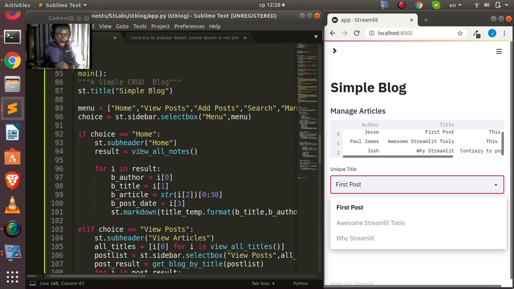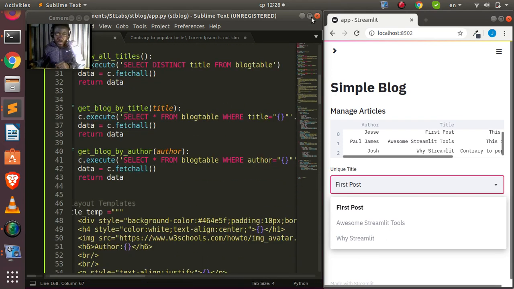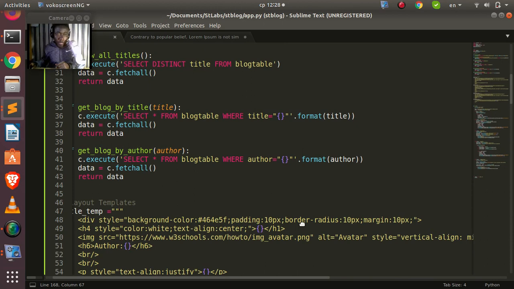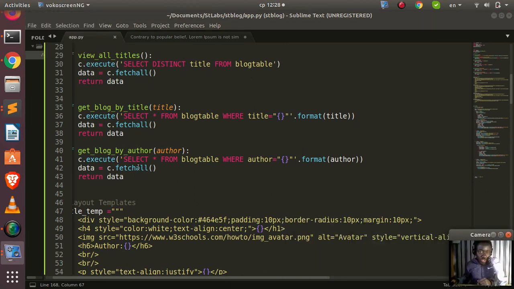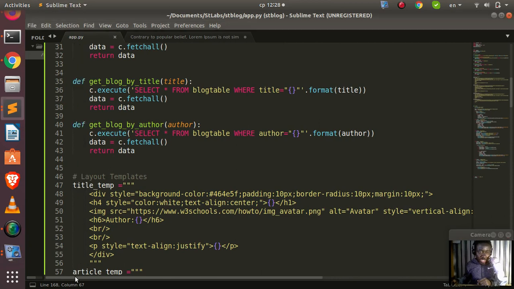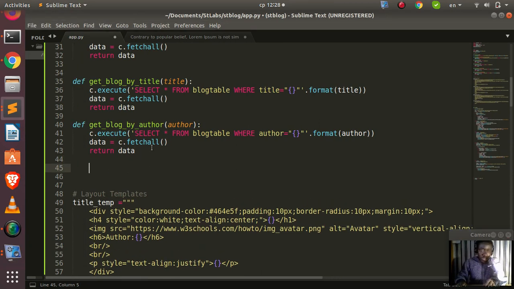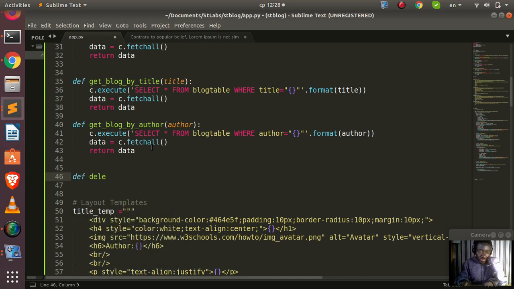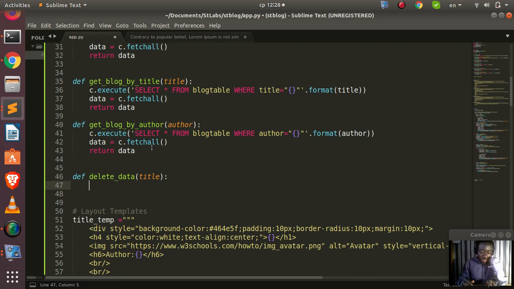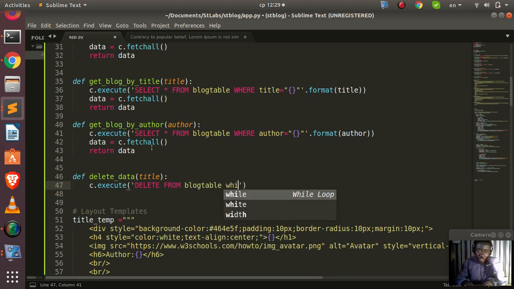So I'll come back to where my functions are. My functions are here, right? So we'll be creating another function to help us delete it. So this is going to be def delete data function, which is going to take the title and the basic apply. Then you'll be using a simple SQLite to help us delete it. So that is going to be my c.execute. Then we're using this command of delete from blog table where, so we're using the title to help us with that,